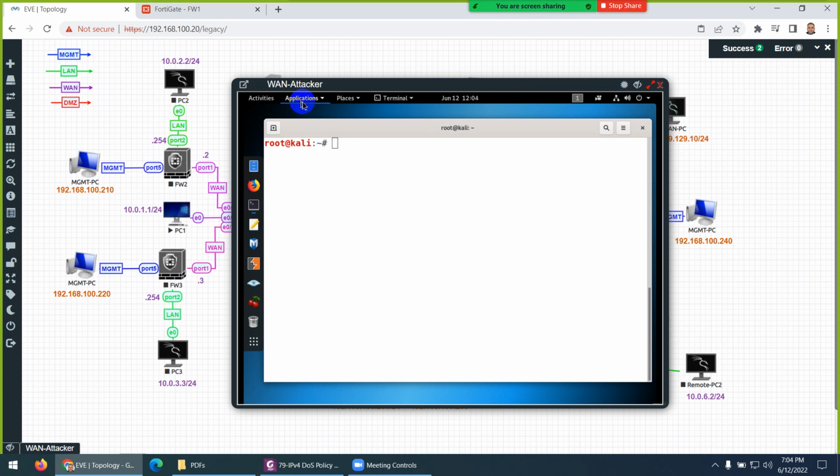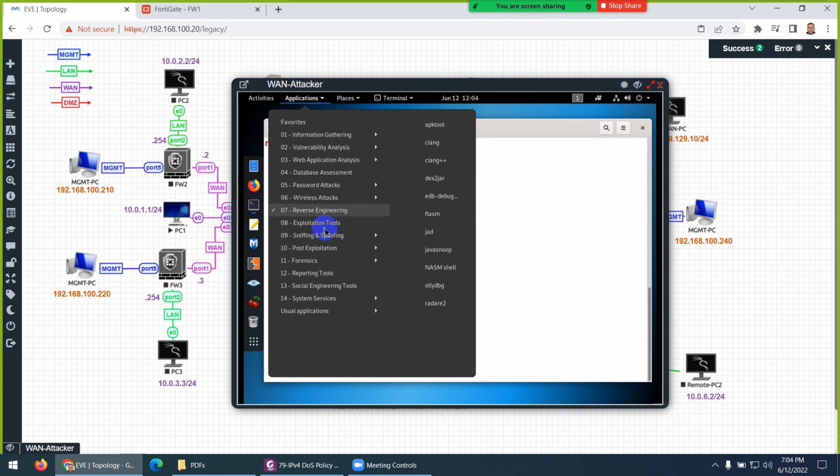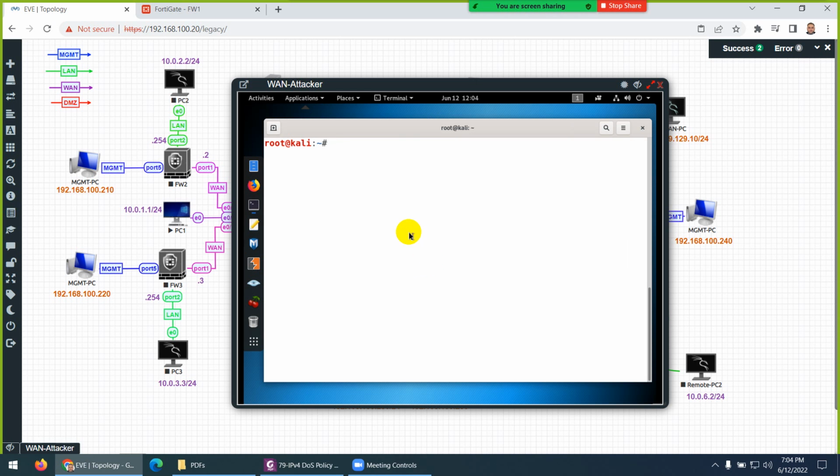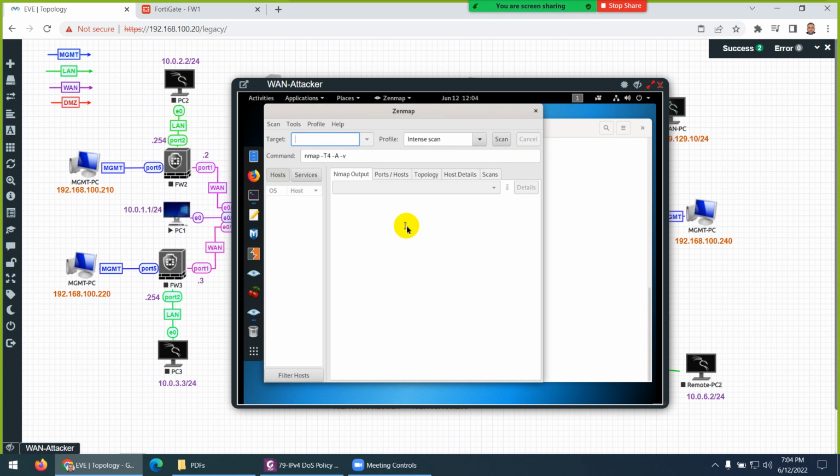Let's see here. Zmap or something, I'm just looking, maybe it's available. Information gathering, maybe it is under this one. I remember there is a graphical version as well. Yeah, it's this one, Nmap, sorry, Zenmap. I forgot the name, it is Zenmap. So it's available graphically also. If you don't like the command line, you can use the graphical one as well. And the target is